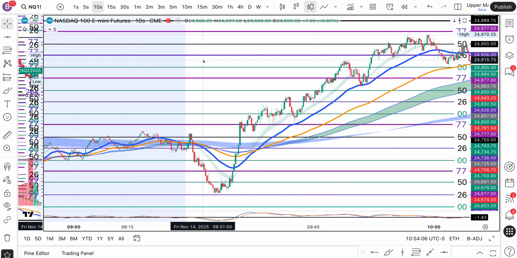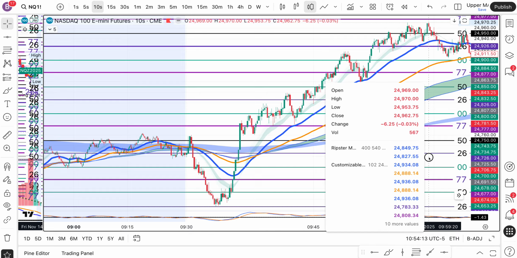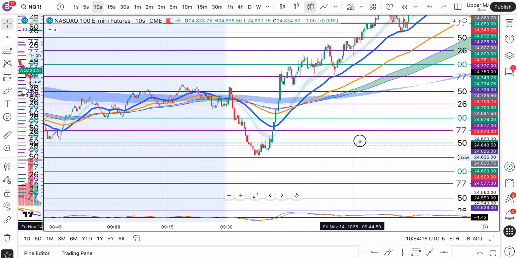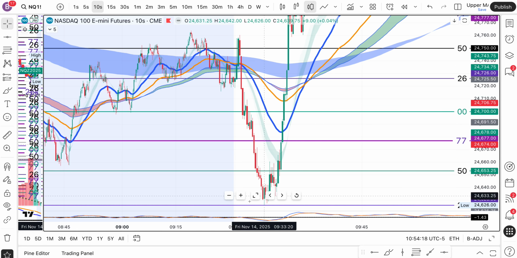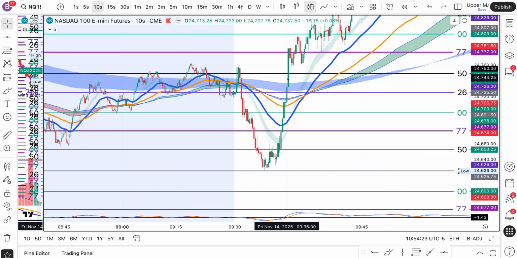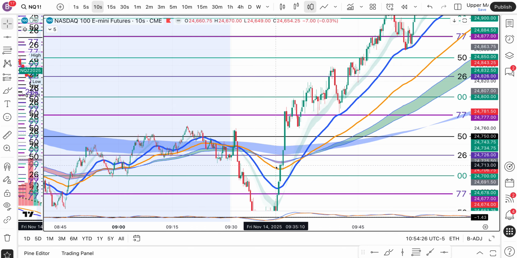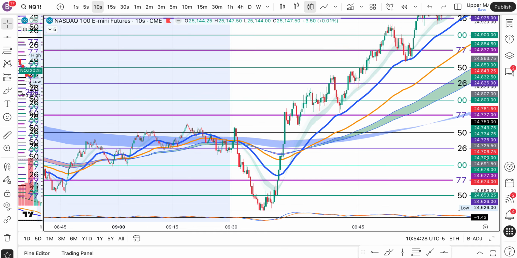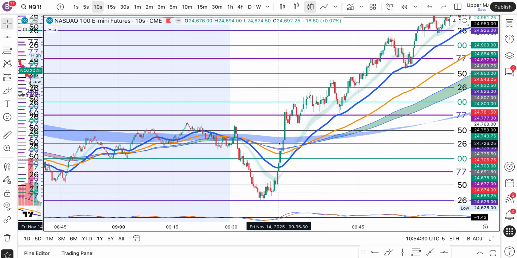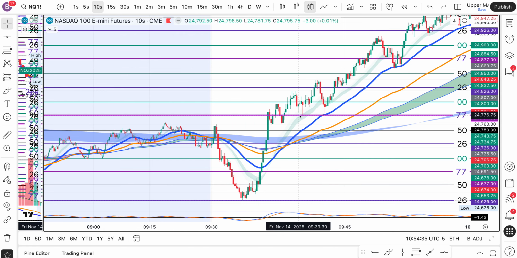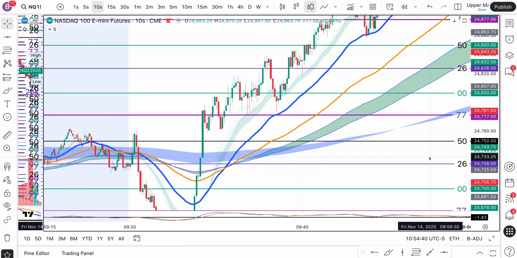All right. So we open, we sell down, we find some support at 26. Remember, I told you that 26, not 25, is the key area in that zone. So as you can see, it bounced to the tick right off 26 and headed straight up from there. At that point, it crossed all of the moving averages, every single one of them, and just headed north from that point. It took one or two bounces off the 77 to the tick, right? And then it headed up